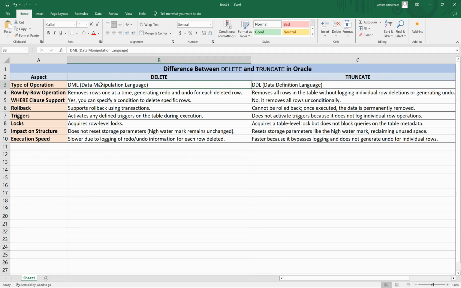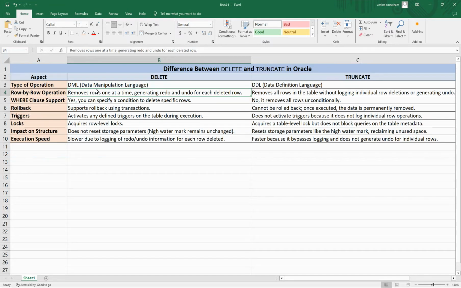Delete does row by row processing. That means whenever you delete data, it is going to delete one row at a time from the table, whereas truncate operation will just wipe out all the blocks that are associated with the table, and by doing so it doesn't need to do row by row operation. Instead it can delete the data from all the blocks at once,